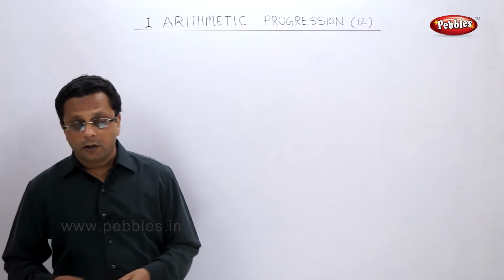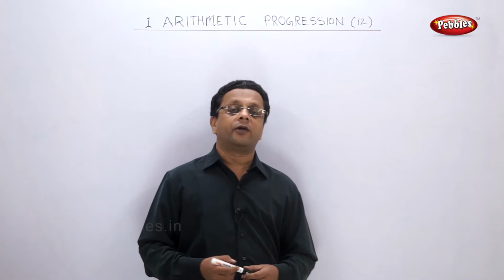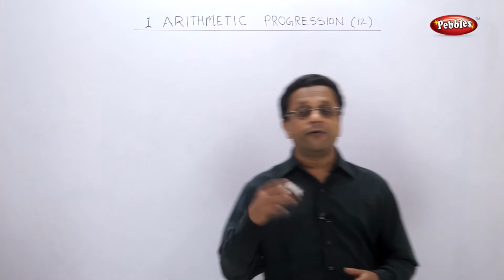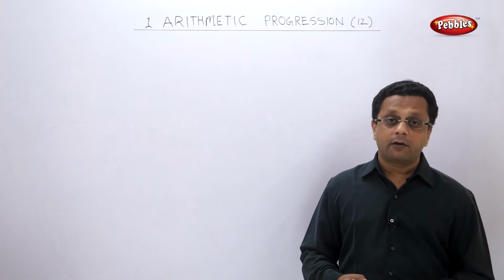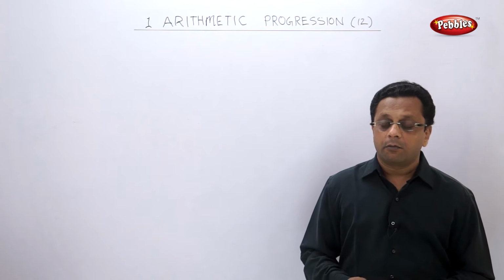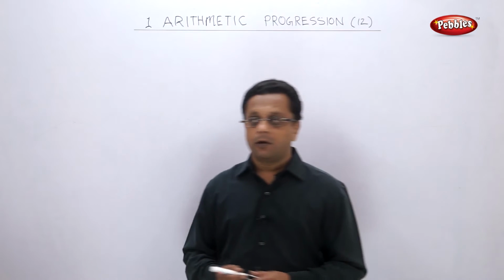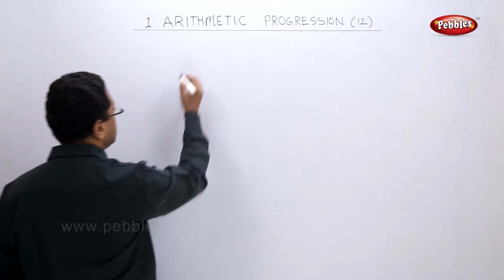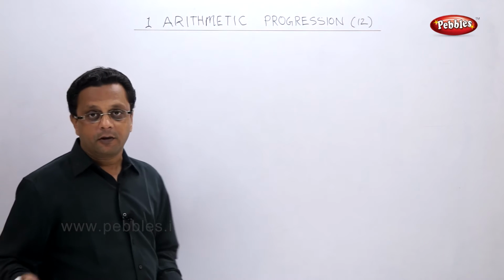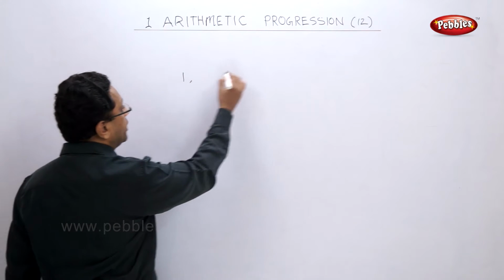Now you know that if I asked you to calculate the sum of 1, 2, 3, 4, 5 up to 100, it would take too much time. But how did Gauss solve this problem? He solved it something like this. He said it is a very easy problem, sir. Why? Because in 1 to 100,